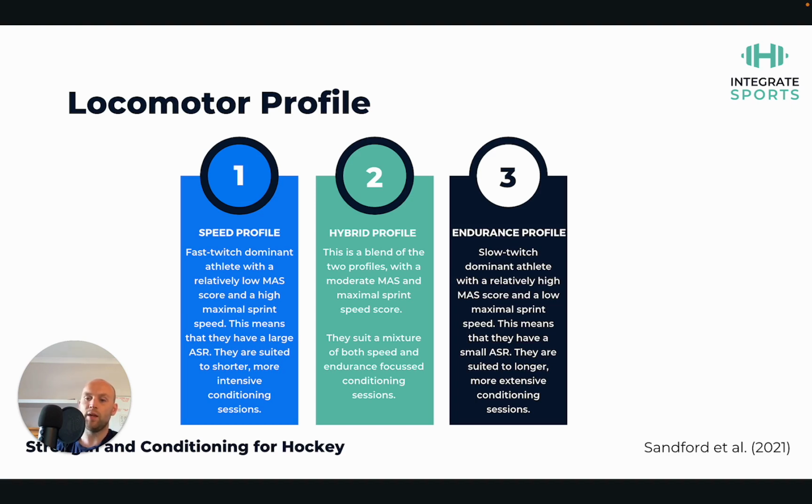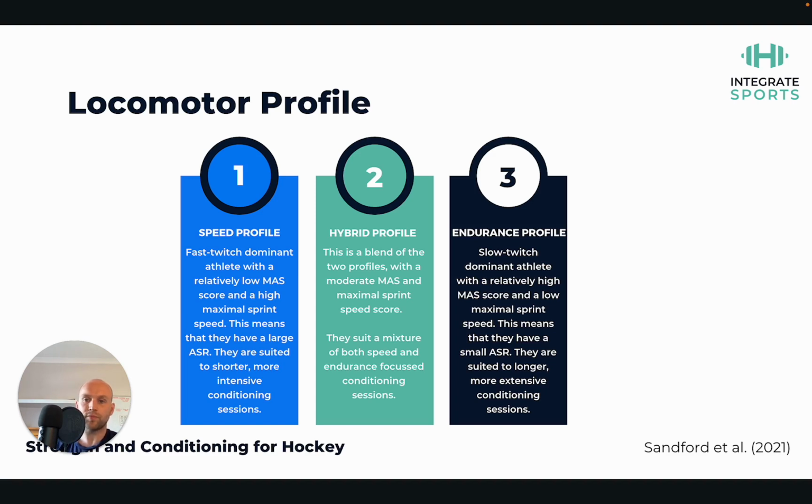So things like 3 to 4 minute interval work is going to suit their slow twitch profile a little bit more effectively. One side note on this as well: not only is this better physiologically because you're suiting the physiological makeup of the individual athlete, but also you are suiting their psychology and buy-in. If an athlete sees that what they're doing is aligned with their preferences, their natural tendencies, and that they're maximizing their strengths, then they're going to be really bought in and